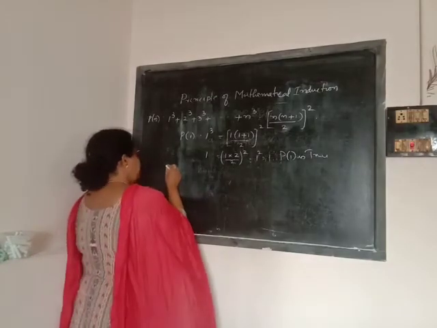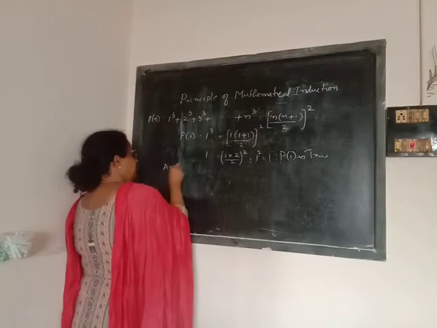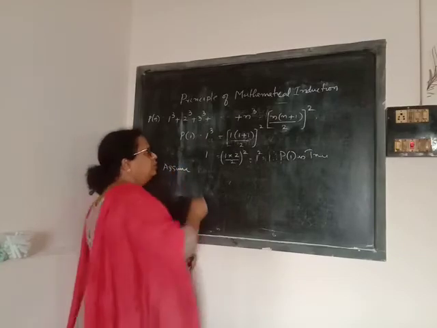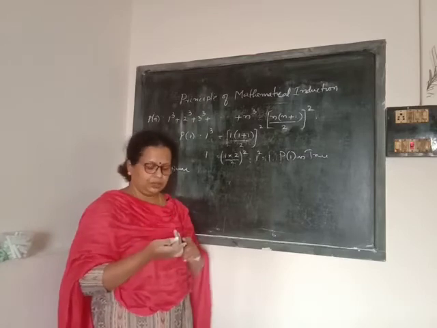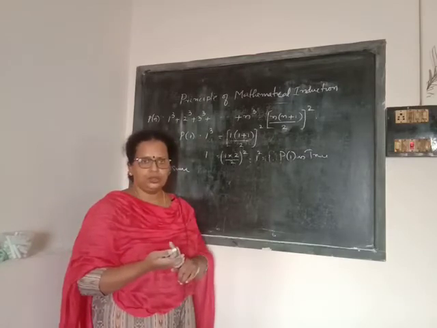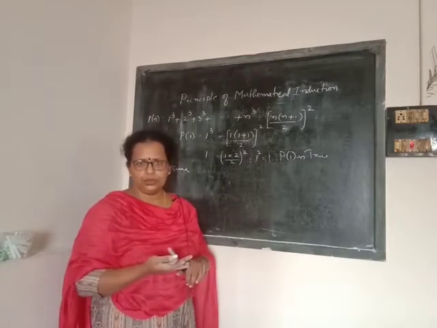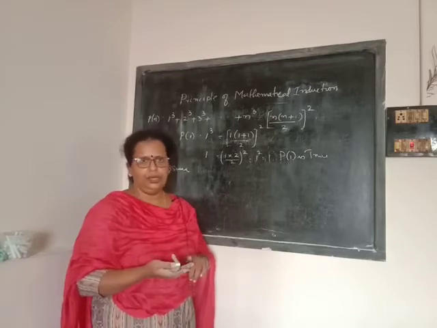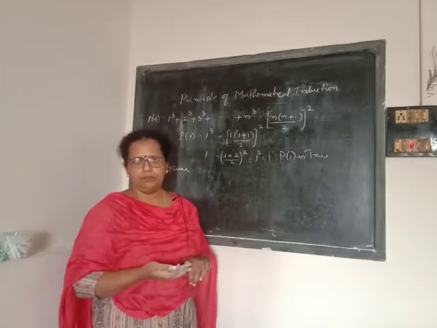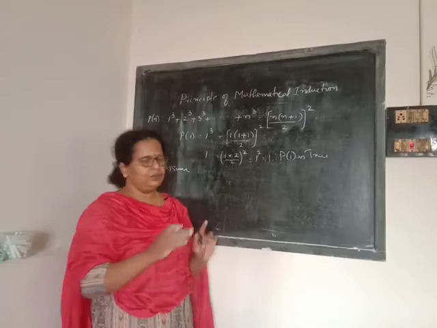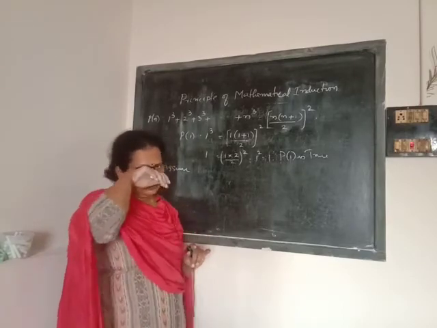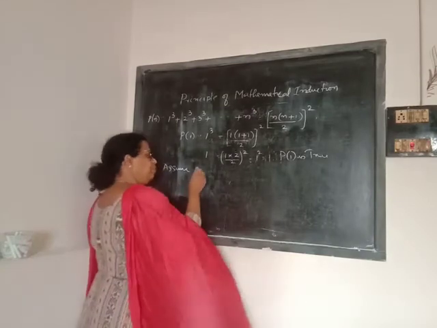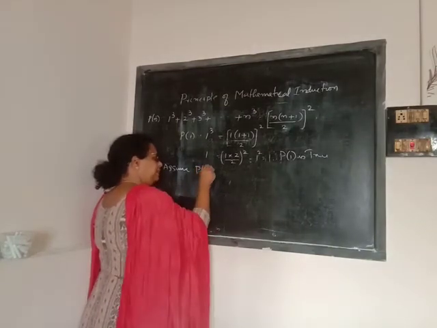Now the next step is what? Assume. When we do the mathematical induction problem, these steps we have to mention. That the 3 steps, P of 1 is true, assume P of k is true, and we have to write a P of k, and we have to show that P of k plus 1 is true. We have to specifically write these terms. For that mark will be given. Okay, so assume P of k is true.